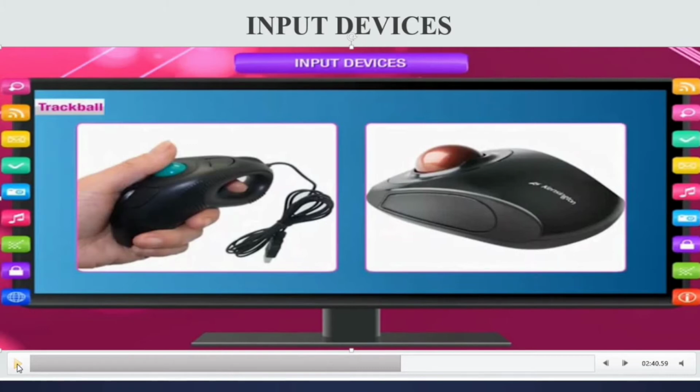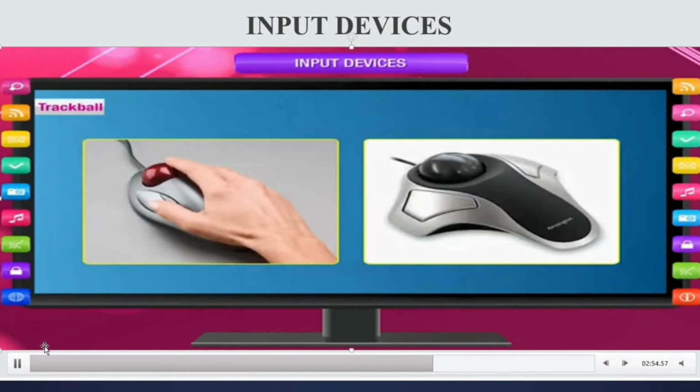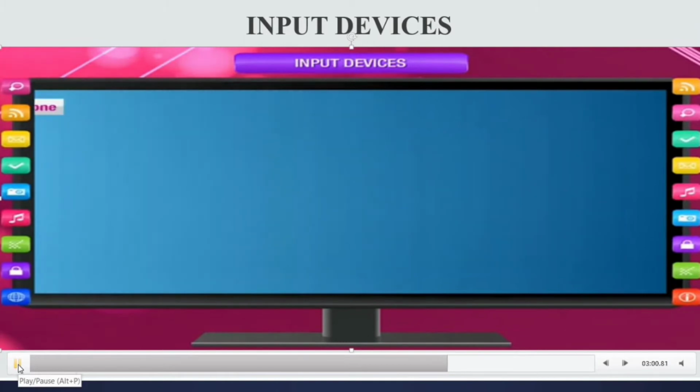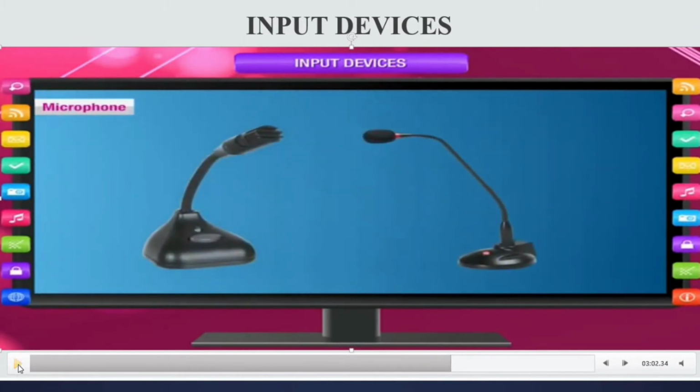The trackball is the same as a mouse, but it has a ball on it. By rolling that ball, we can move the mouse pointer on the screen. You can see here the ball. The ball is a pointing device, right? We can scroll this ball and the pointer moves on the screen, and it takes even small space, and is usually connected in the laptop.